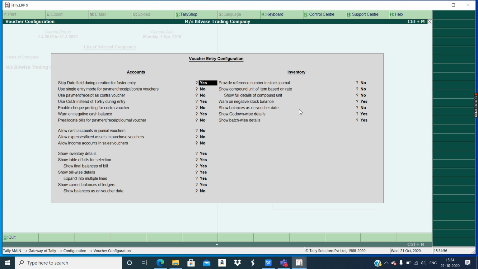Says yes, yes, we want in debit and credit only, we don't want to and buy. Debit and credit are more clear to understand, I'll explain you how. Okay, other settings also can be done, you can read according to the requirement. So these settings are fine.